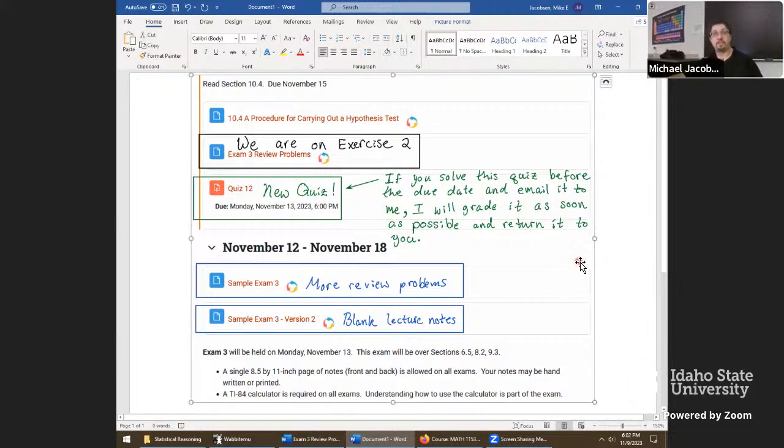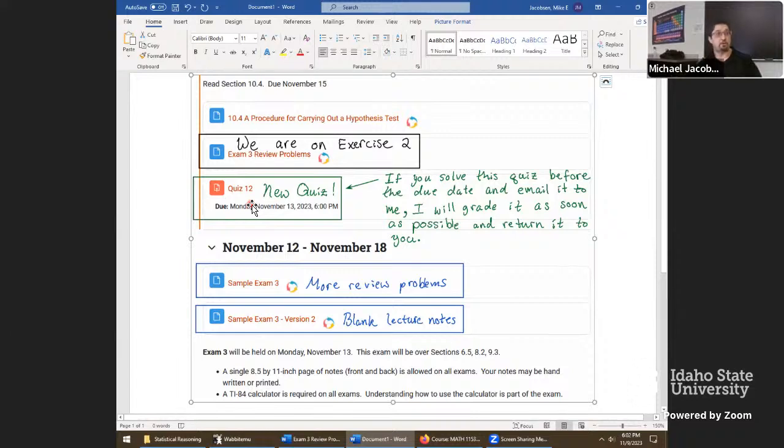The reminder is the thing that we typically do right before an exam is I always release a quiz, and sometimes those quiz topics seem a little bit strange. Like this one here is just a redo of a confidence interval. The reason I did that this time is it just made sense. If we have an exam 3 coming up involving confidence intervals, we might as well do a confidence interval quiz. So here's a redo on that one.